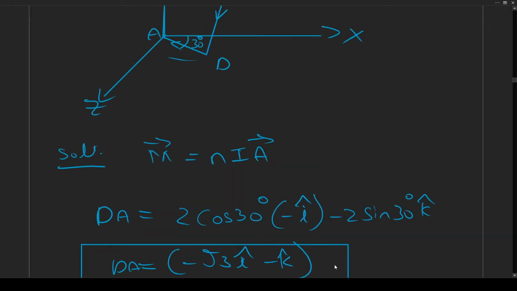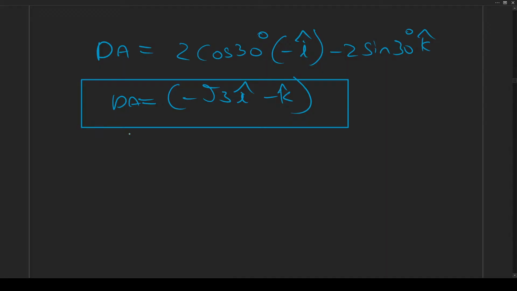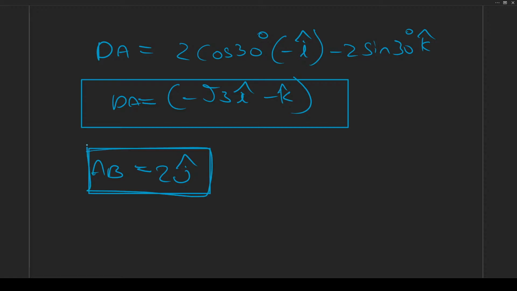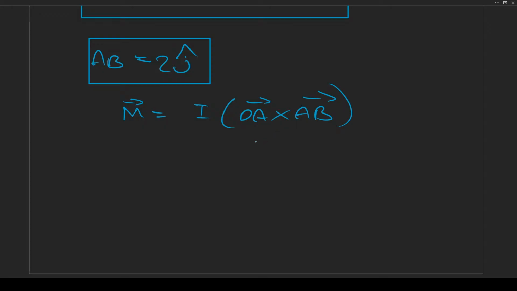and if you want to find next AB or CD, let's take AB here, this segment, AB, which is equal to, it's only in the Y direction, so it is 2 J cap, and to find area we will multiply both of them, M, which is equal to current times DA cross AB, that is area vector here, N, which is equal to 1,